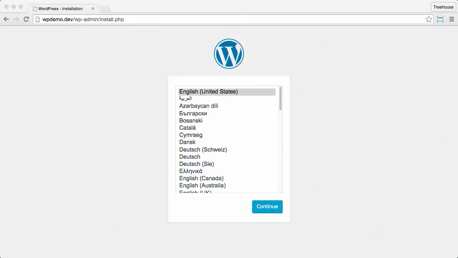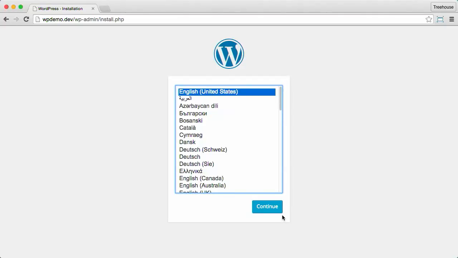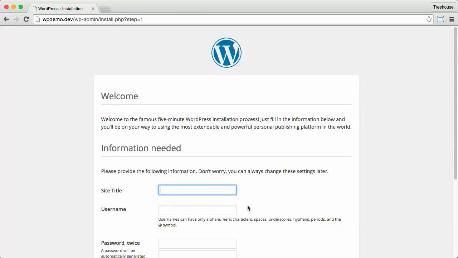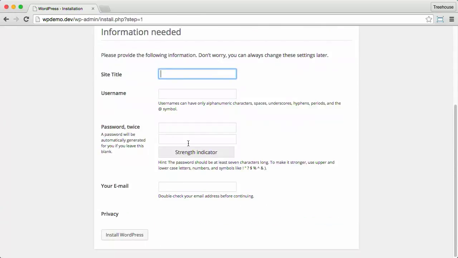Let's walk through now the WordPress setup wizard as we find it with Desktop Server. We'll go ahead and select English as our primary language, and then it's going to ask us some information. We need the site title,